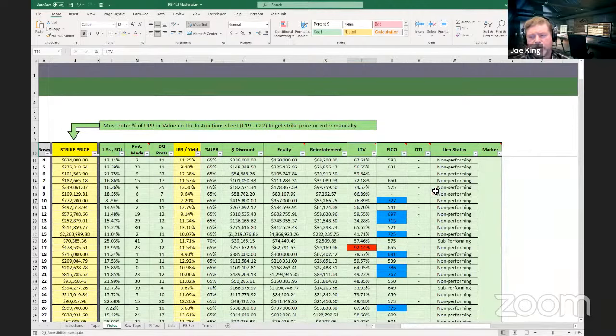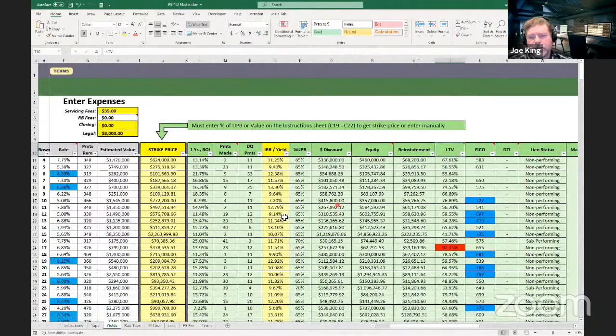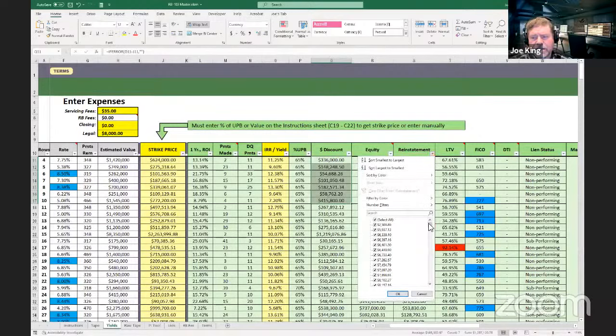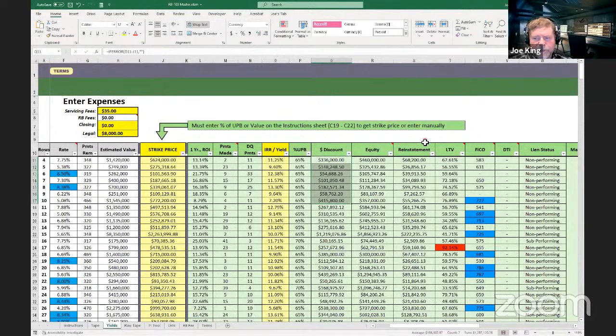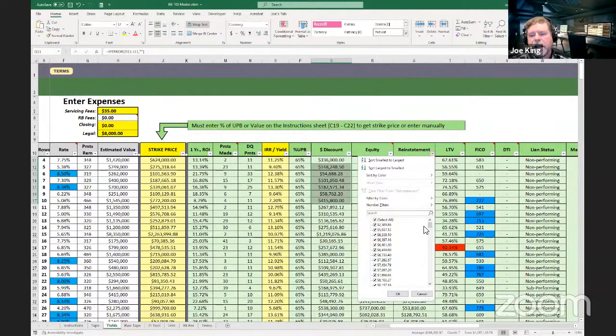But based on the information we have here, and me wanting to mitigate my risk, looking for something that I can reperform, I want to make sure that the difference between my reinstatement amount and my discount is high. Okay. So one of the things that I can do is take a look at the information just by filtering out information in this column. I can click on the filter button and I can say, okay, what am I